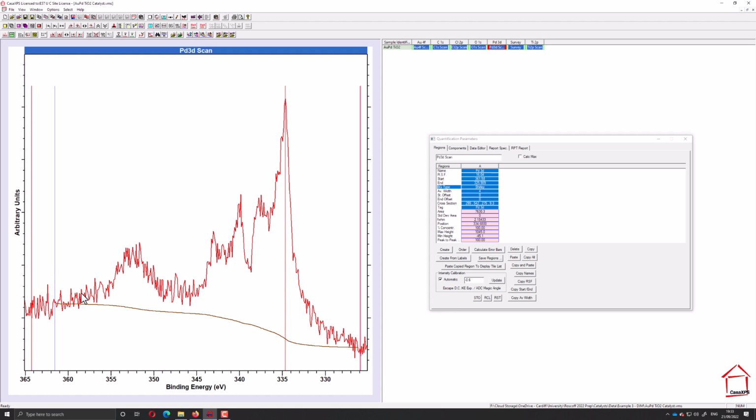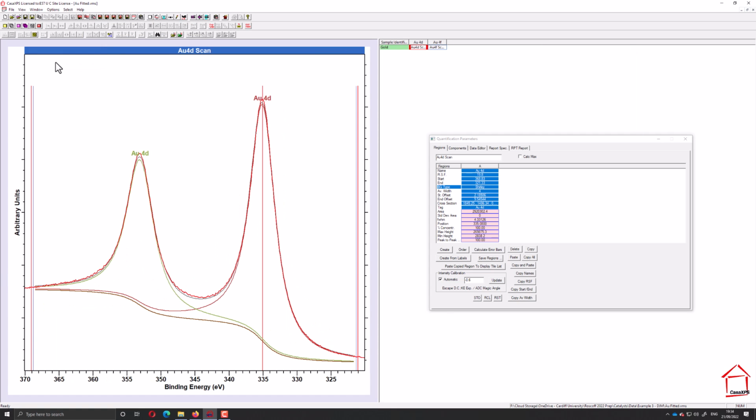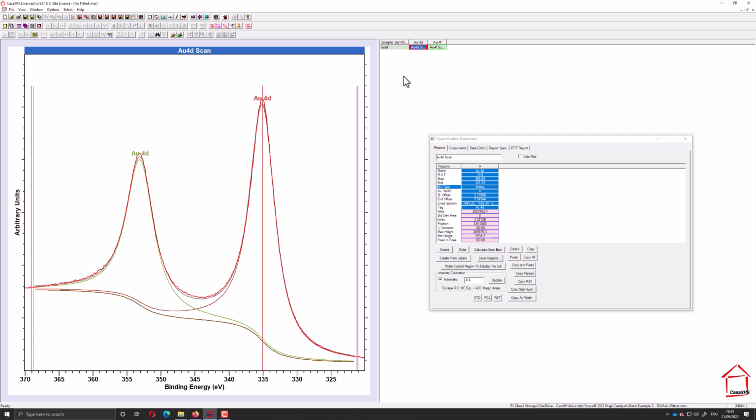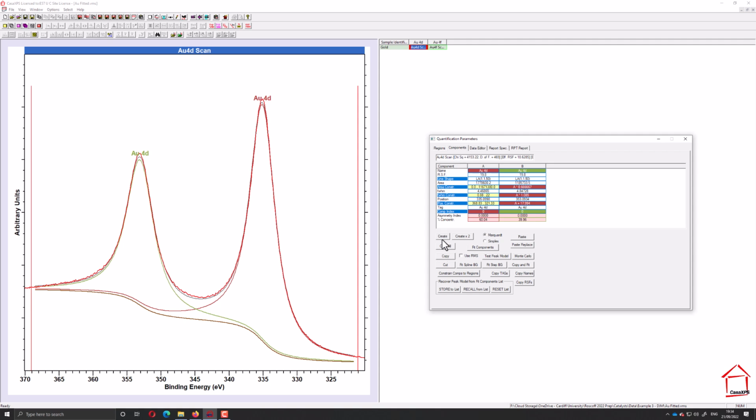So what we can do to quantify these spectra is use, for example, our knowledge of our standard spectra. So we obviously have things like this: a gold 4F and gold 4D spectra taken from a clean gold foil, and I've done a fit. Now it's not perfect by any means, but it does give us a good starter to actually fit our data,